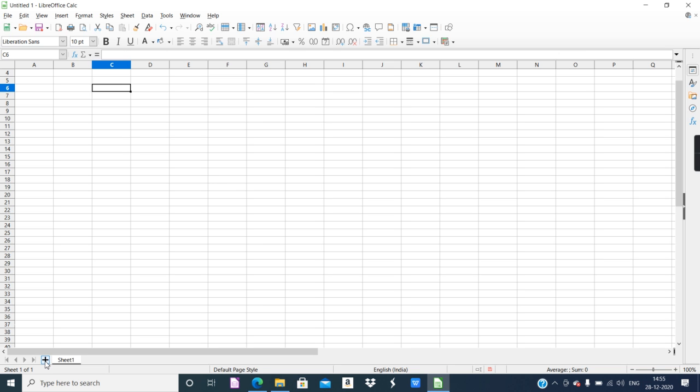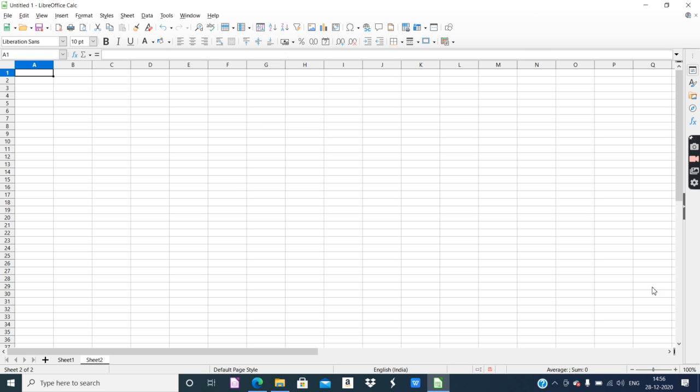So a single spreadsheet file can contain multiple sheets. Now see, I clicked on this icon, so Sheet 2 has appeared over here. This is Sheet 1 and this is Sheet 2. So this is the actual look and feel of any spreadsheet application. Any spreadsheet application will have all these common things, and it makes a little more use of formulas like sum, average, count, min, max.